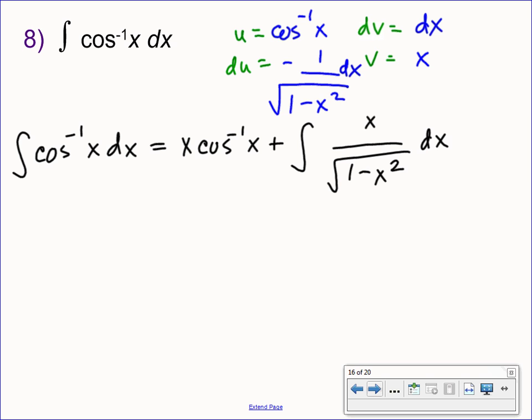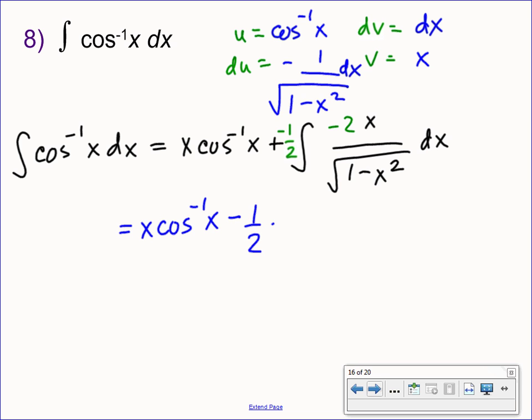Thank you, Sydney. Oh, that's fun. It's going to have to be a power rule where this is equating the bottom to the 1/2, provided I have the derivative of the base. Do I have the derivative of the base? Almost. If I had a -2x here, then I would have the derivative of the base, and I could just add 1 to the exponent, right? -1/2 plus 1 and divide by the new exponent. But I didn't, so I'll have to account for that with a -1/2, which gives us x inverse cosine of x